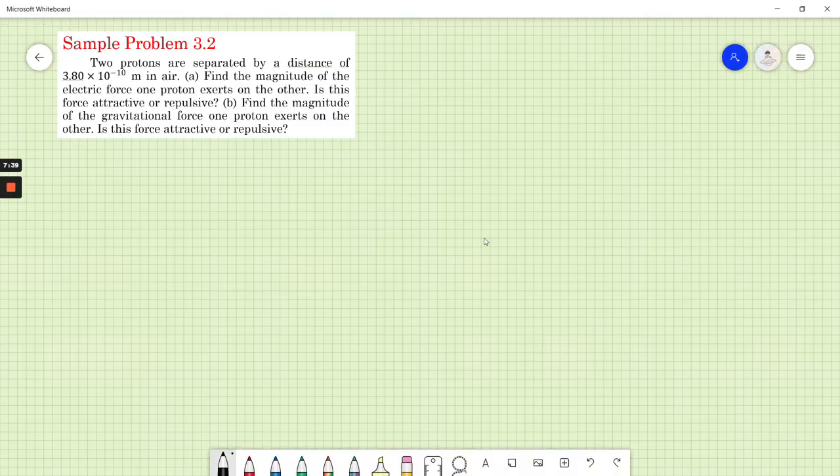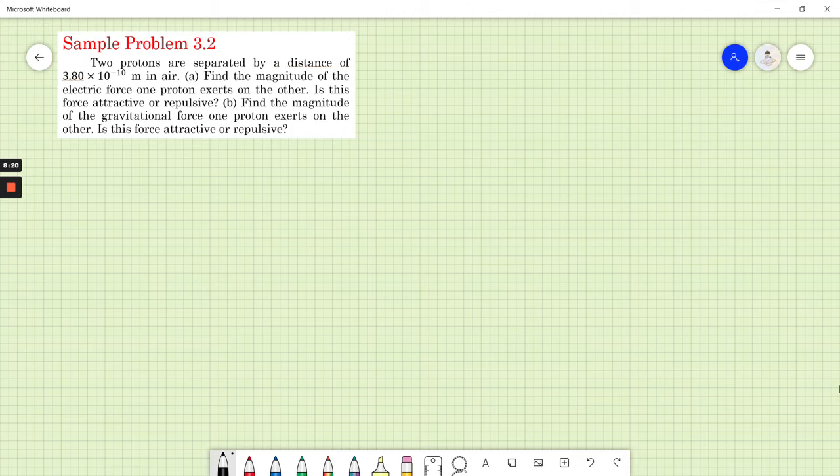Sample problem 2. Okay, so let's read this. You have two protons and they're separated by a distance of 3.8 times 10 raised to negative 10 meters in air. First, we want to find the magnitude of the electric force one proton exerts on the other. Is this force attractive or repulsive? And next, find the magnitude of the gravitational force one proton exerts on the other. Is this force attractive or repulsive? Okay, so in order for us to